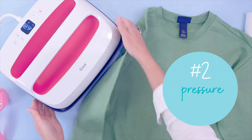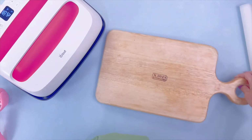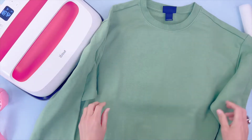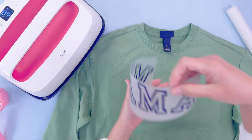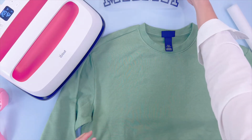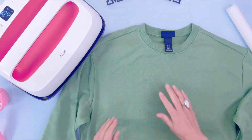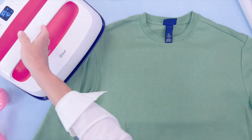So with Puff, you absolutely have to have a firm surface to put this on. So that means no squishy Cricut mat. You're going to have to use a butcher block or something like that if you don't have the Cricut auto press, or if you don't have a normal big clamshell heat press. So what I did is I just grabbed a butcher block, and then I'm going to use my easy press